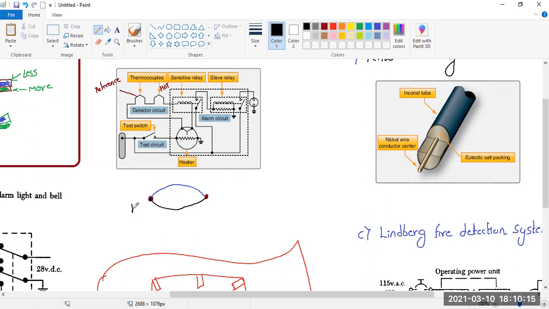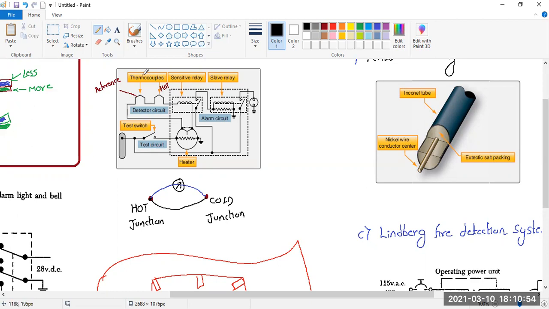One side, we heat it up. We call it a hot junction. And the other side, we cool it. We call it a cold junction. Because of this difference in temperature, electrons will flow through this. That means electricity is flowing through this. And if I have a galvanometer, ammeter, or anything which can detect electric current, it will show the current. That is how the thermocouple works. Two wires of dissimilar metal joined end to end. One junction is made hot, one junction is made cold.